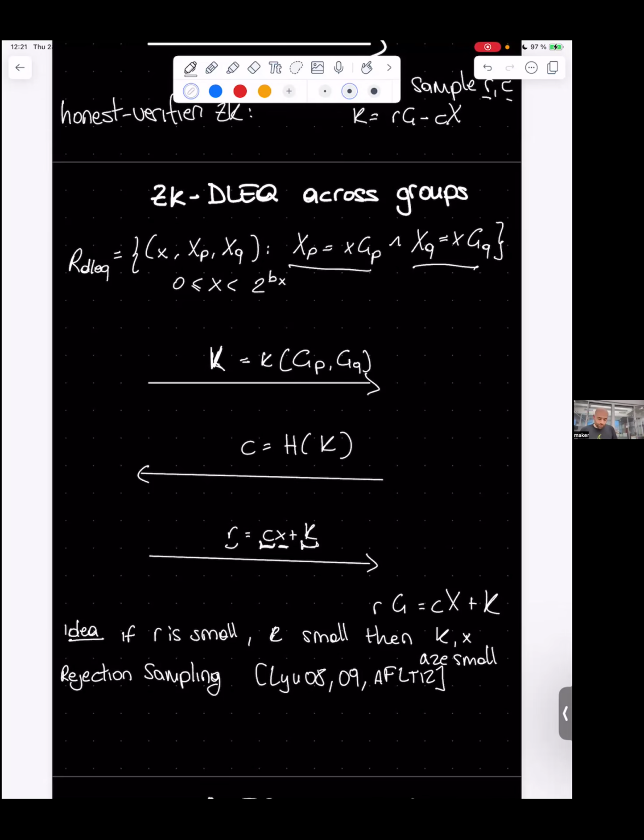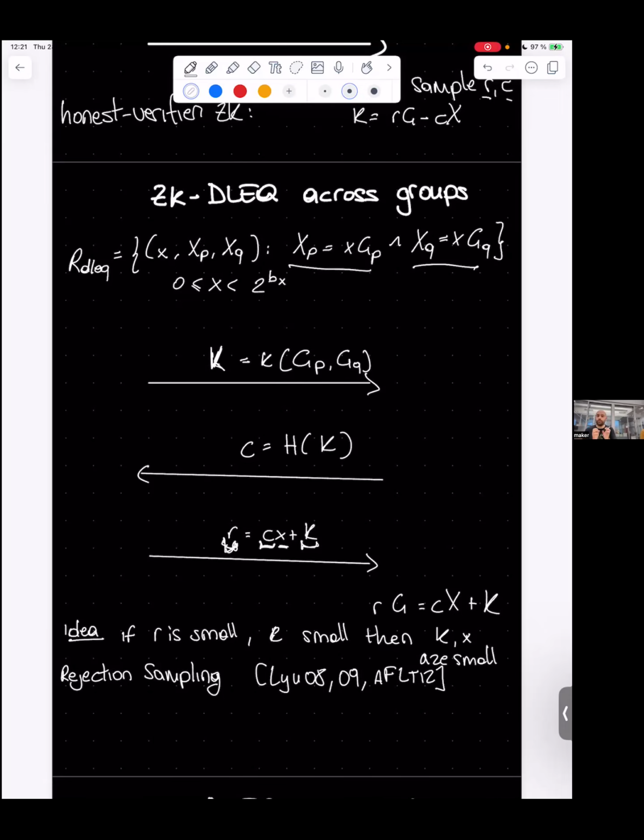And roughly speaking, this technique is thinking about the following. It's used a lot in lattice-based techniques, by the way. The idea is, again, that if I choose the challenge to be small enough and K to be also small enough, then I have some hope of making sure over the integers that X is also small. However, I must make sure also that K is still hiding X. So there is really a small window of bits where K is still hiding X,